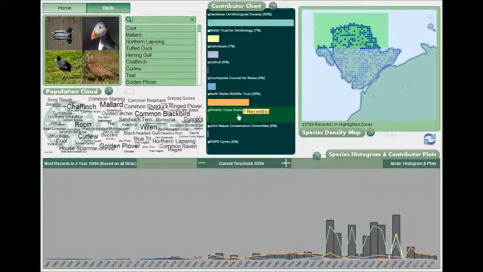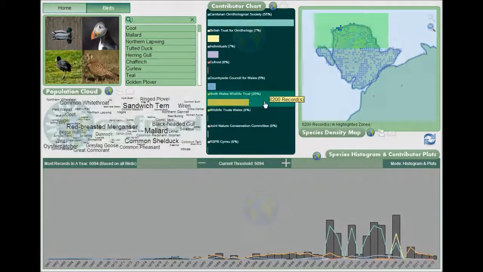So what we can do from here is filter even further. So say now we're looking in this bounding box area, this location on the map. We want to see all the data again, but let's say North Wales Wildlife Trust, which is 26% of the data. We're seeing that they only submitted data in this zone based on this bounding box selection. These are the species that they have submitted,